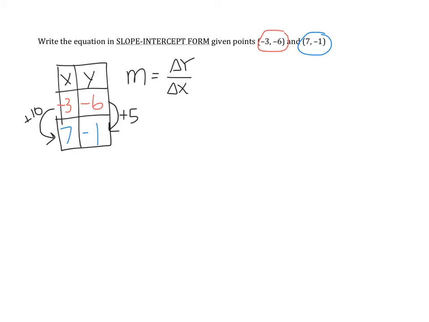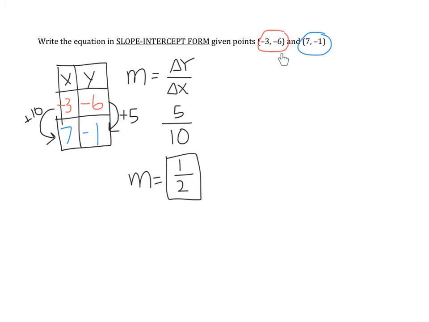It looks like our slope is change in y of 5 over change in x of 10, which I'm going to simplify to 1/2. You should always reduce the slope when possible. So my slope is equal to 1/2. Now, if I knew the y-intercept, the b, I could go straight to slope-intercept form. But the only information I have right now is a slope